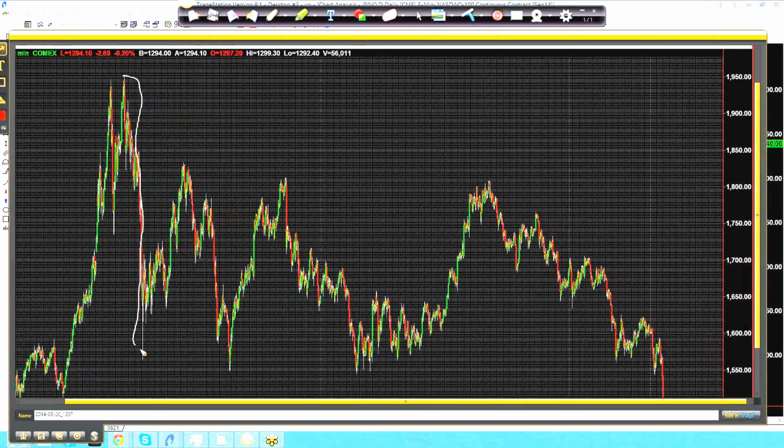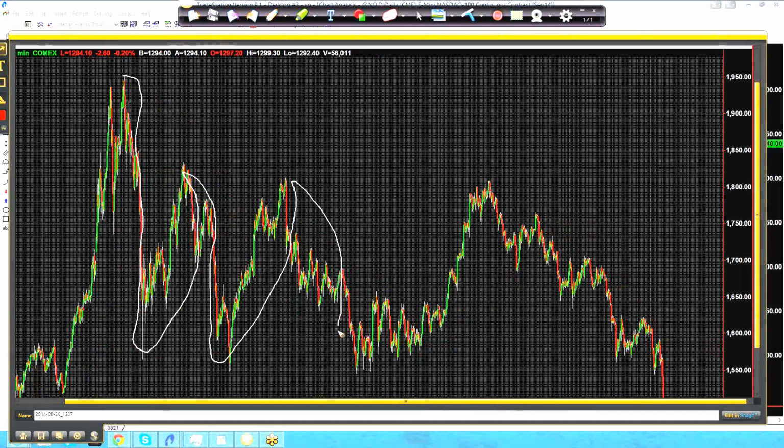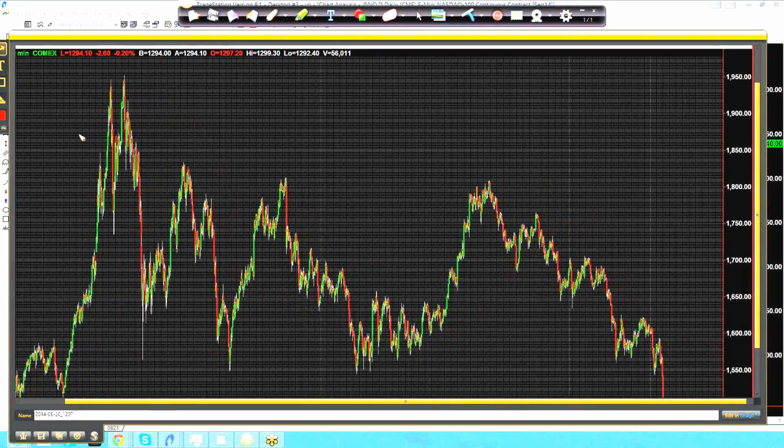All the way down to 1550, all the way back up to 1850 essentially, all the way down to 1550 again, all the way back up to 1800, all the way back down to 1580, all the way back up to 1800. My point of that is you could have said, oh, the market's bearish and shorted right here, taking an enormous short squeeze, and this time period covers almost 2 years of back and forth